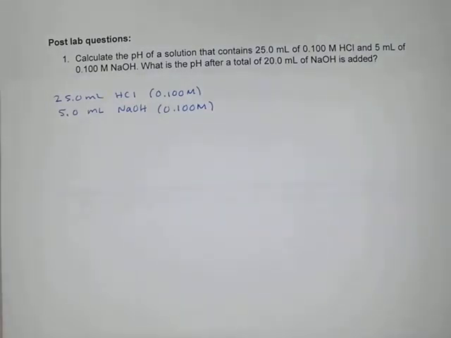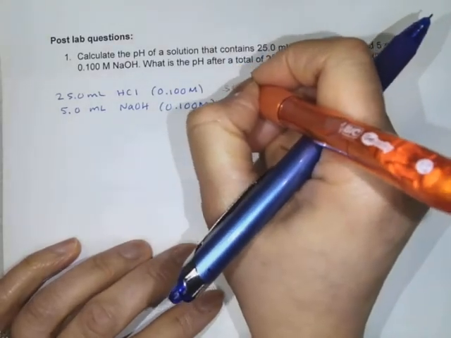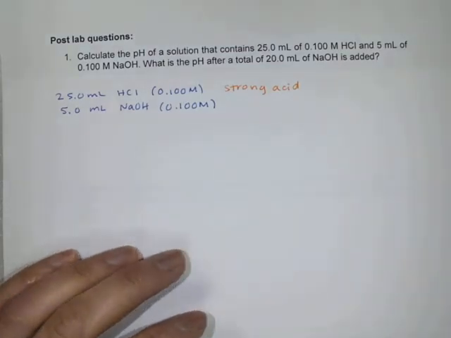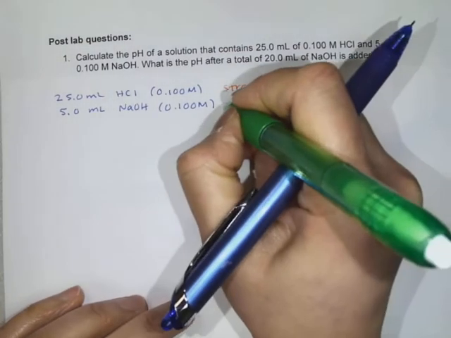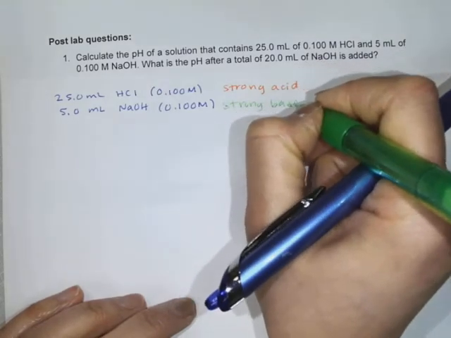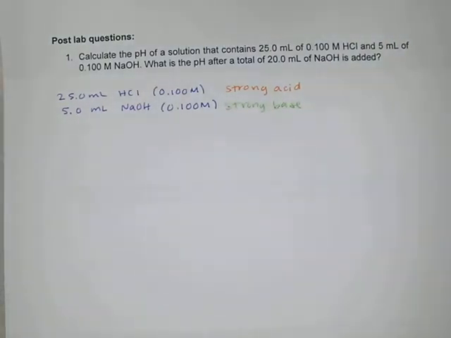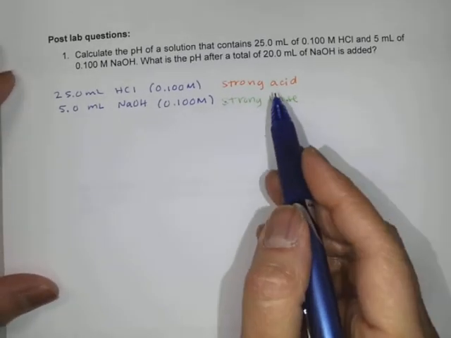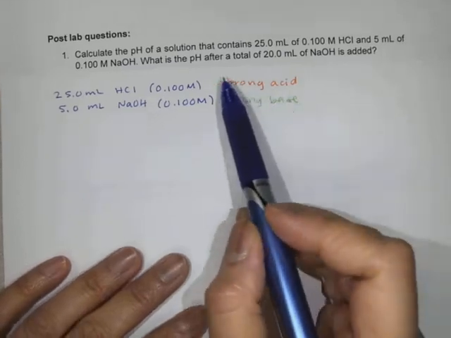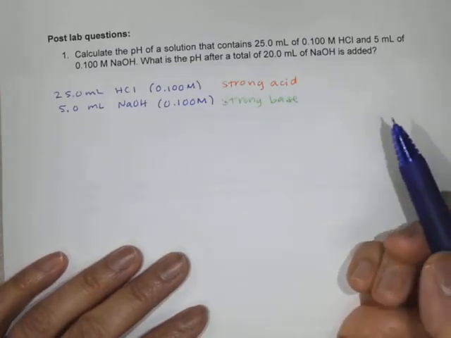One thing that you want to, again, recognize after you've written down your beginning information here is that this is a strong acid, and we have a strong base. All right, so if you have a strong base and a strong acid, these are at the end point or the equivalence point going to neutralize each other out, but we just have to figure out how to set up